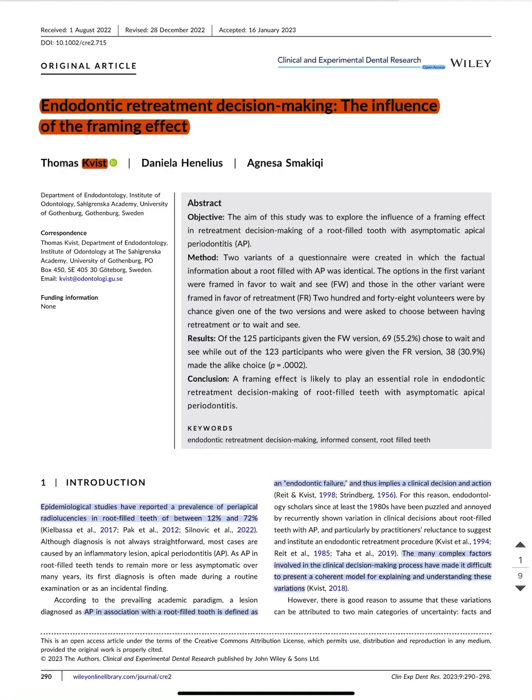Endodontic retreatment decision-making: the influence of the framing effect, done by Dr. Kvist in 2023. Epidemiological studies have reported a prevalence of periapical radiolucencies in root-filled teeth of between 12% and 72%. Apical periodontitis in association with the root-filled tooth is defined as an endodontic failure and thus implies a clinical decision